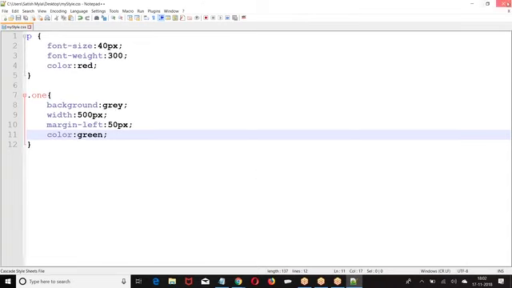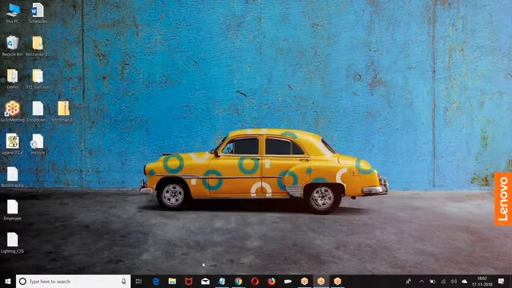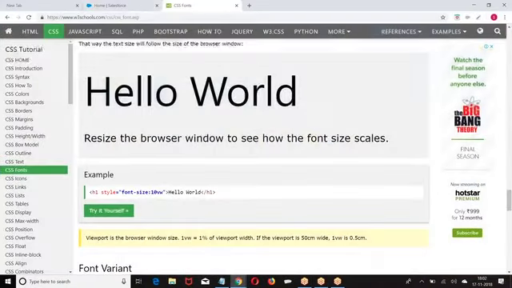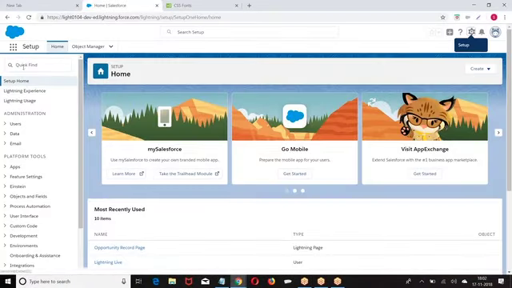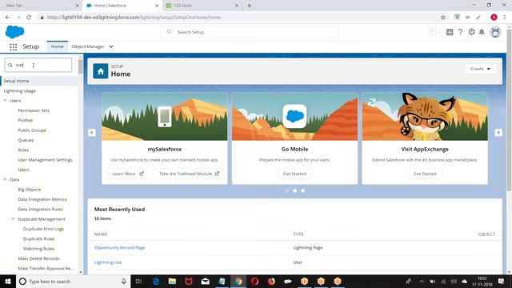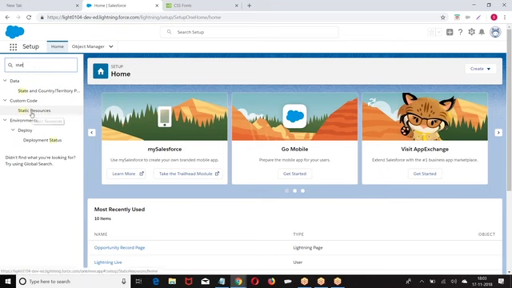We define the CSS. Now you want to apply this CSS. How do you do that? Go to static resource.